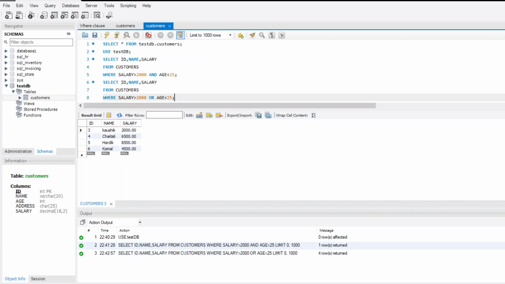So as you can see in the action output, our query is successfully executed and we got our desired output in the table. So that's it for today.